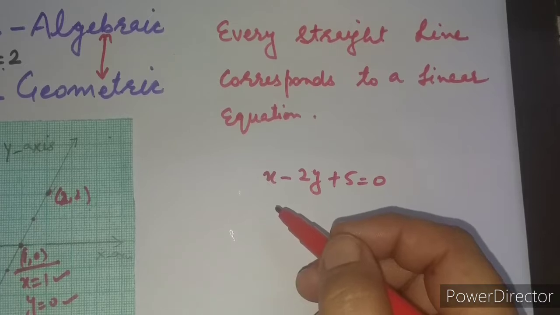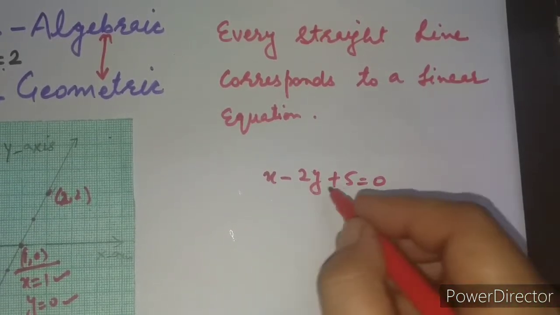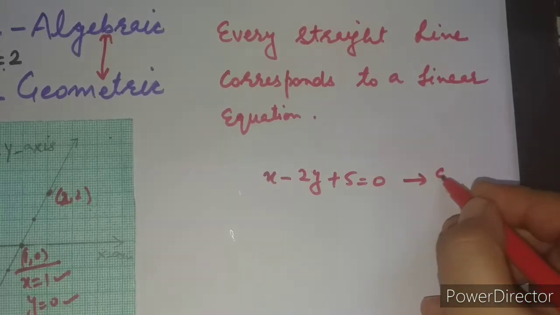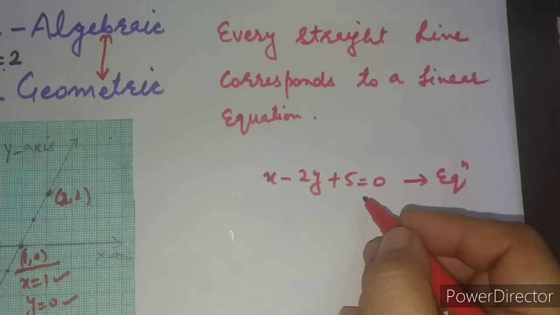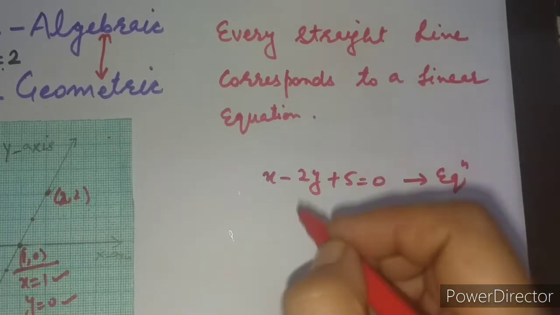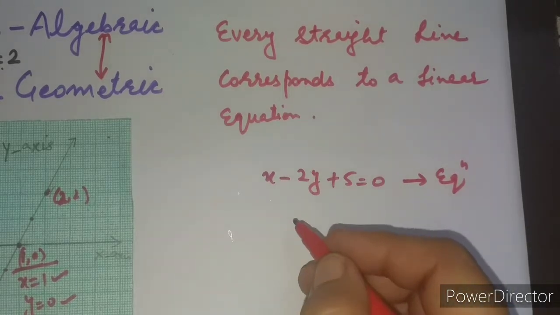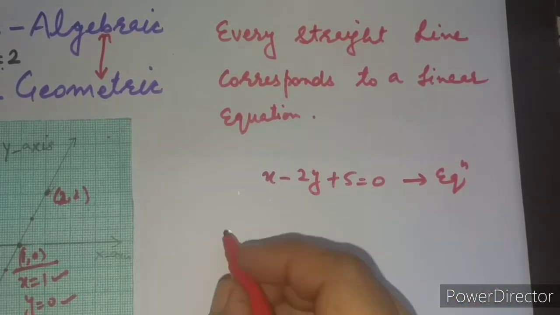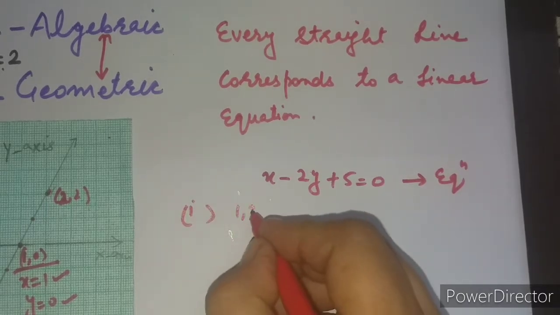Now to explain that point, I have taken up one equation for you. Let us say this is a linear equation only, and when we draw the graph of this, that will correspond to a straight line. Okay. So now let us check different points, whether those points lie on this line or not. I want to check the first point as (1, 3).